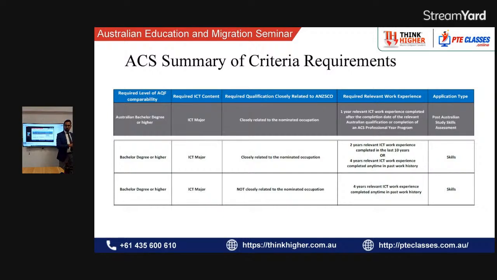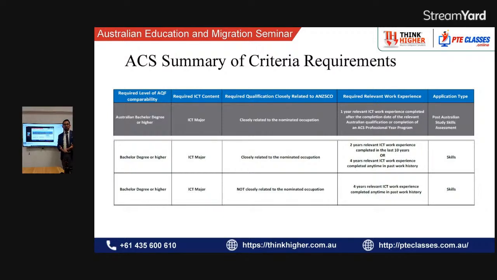But for offshore, if you have done a bachelor's of IT with 2 years of experience, that all merges together and you get a skill assessment, but you won't be able to claim that 2 years of experience because they merge that experience into your qualification in order to get a positive skill assessment. So offshore has a different scenario, whereas onshore has a different scenario. Okay. So in this case, lots of people do PY as well.